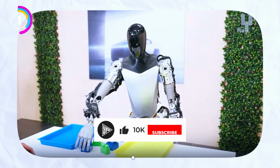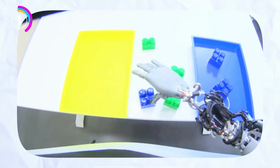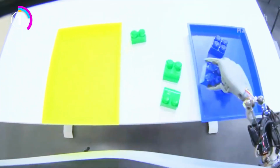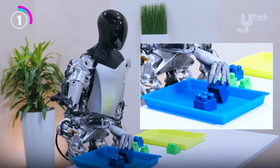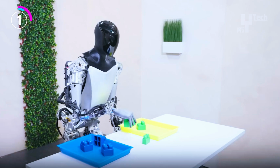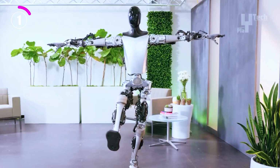It is stressed that Tesla created these robots to help with the most difficult tasks, rather than to replace human labor in the workplace. Tesla estimates that there is a substantial market for Optimus, with a potential market share of between 10 and 20 billion devices. The company predicts that in the future, robotics will be the main source of income,